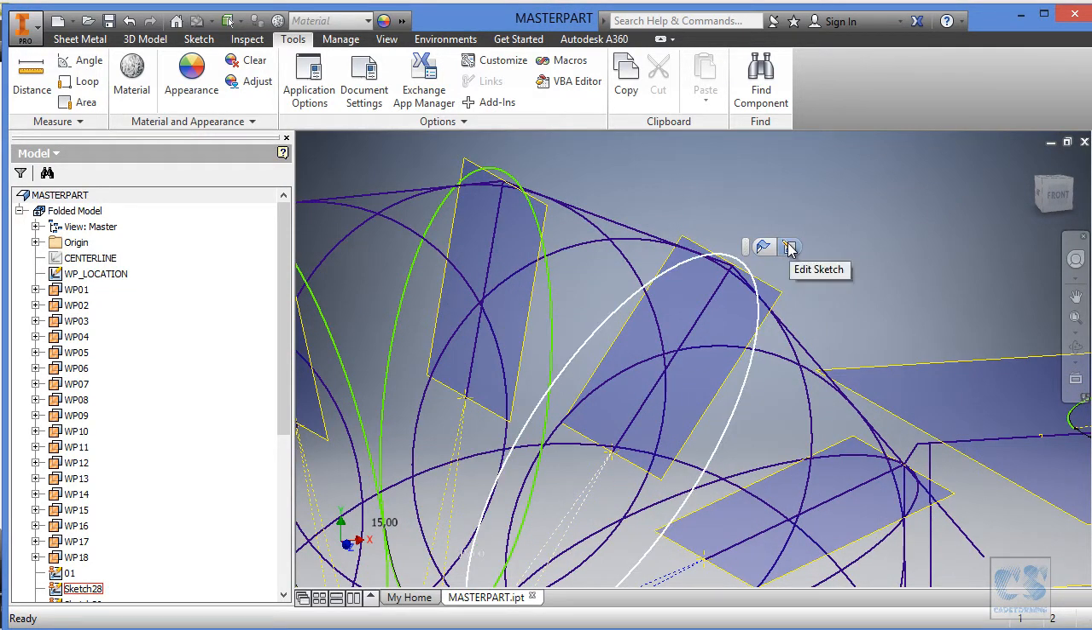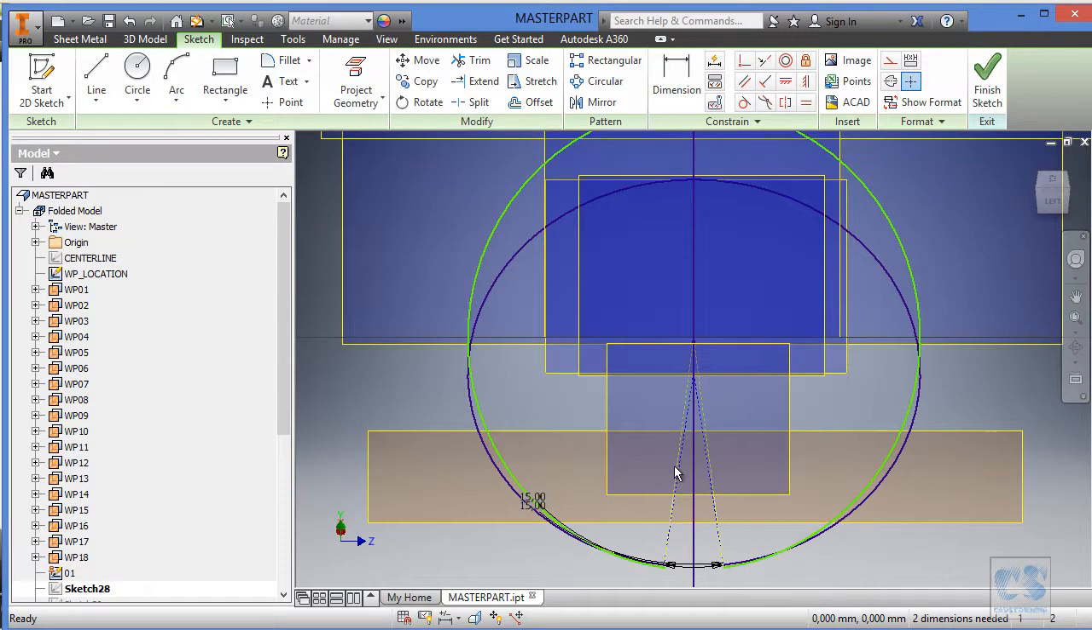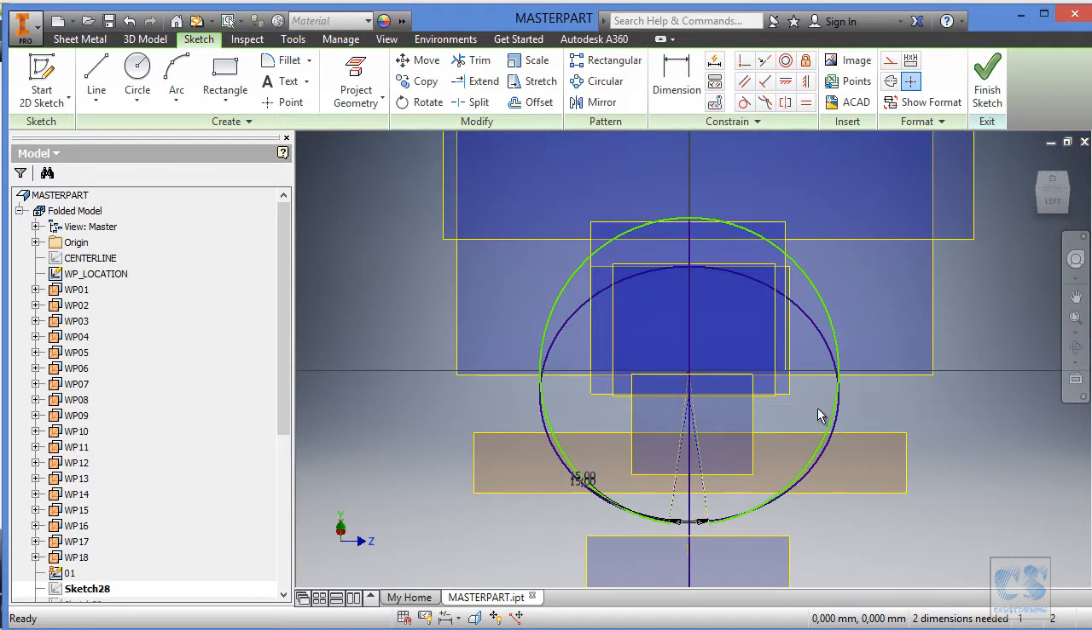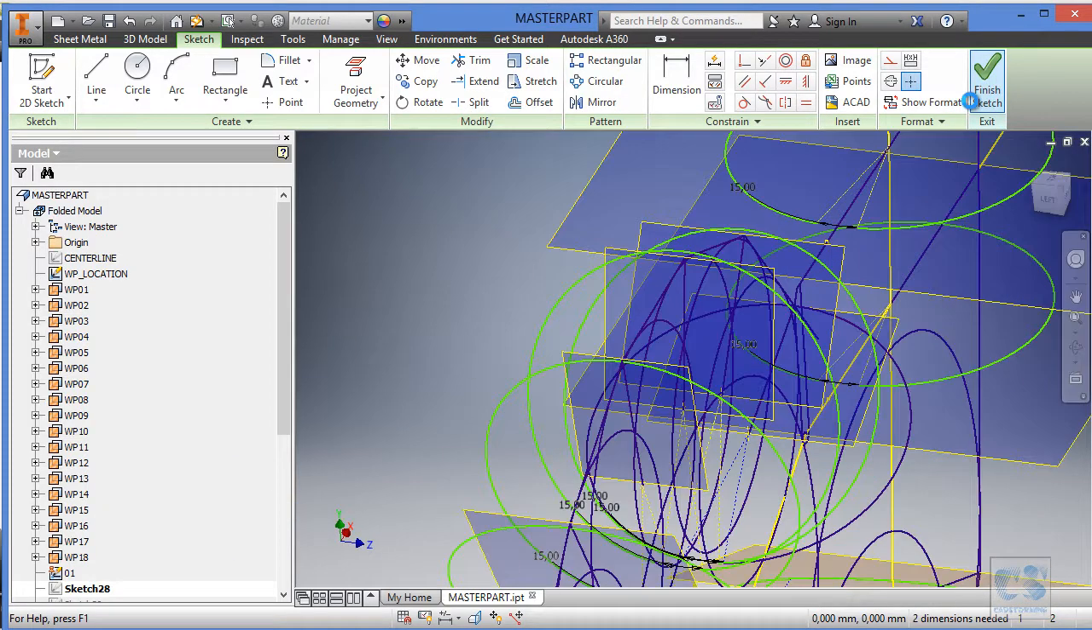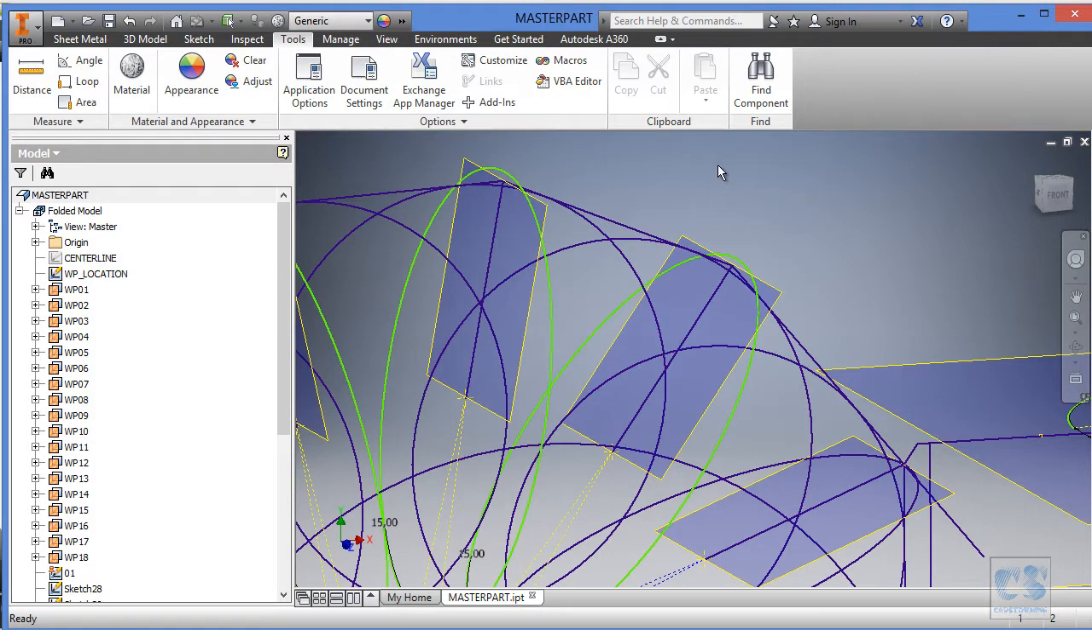So now we will edit the sketch, and as you can see, each time we enter the sketch, the view is aligned with the work plane, and this is not really desirable for this tutorial. So we are going to exit the sketch and make sure that we turn off the setting which is responsible